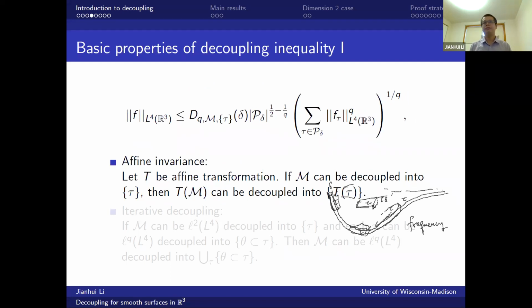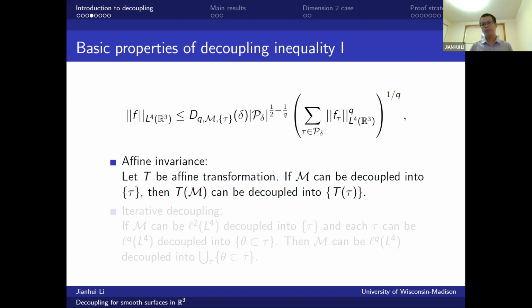Before moving to the main result, I would like to tell you some basic properties of decoupling. These properties will be used in the proof strategy I'm giving today. These are some fantastic properties that make decoupling famous. The first thing is affine invariance. What does that mean? It means that, starting from any non-singular affine transformation,